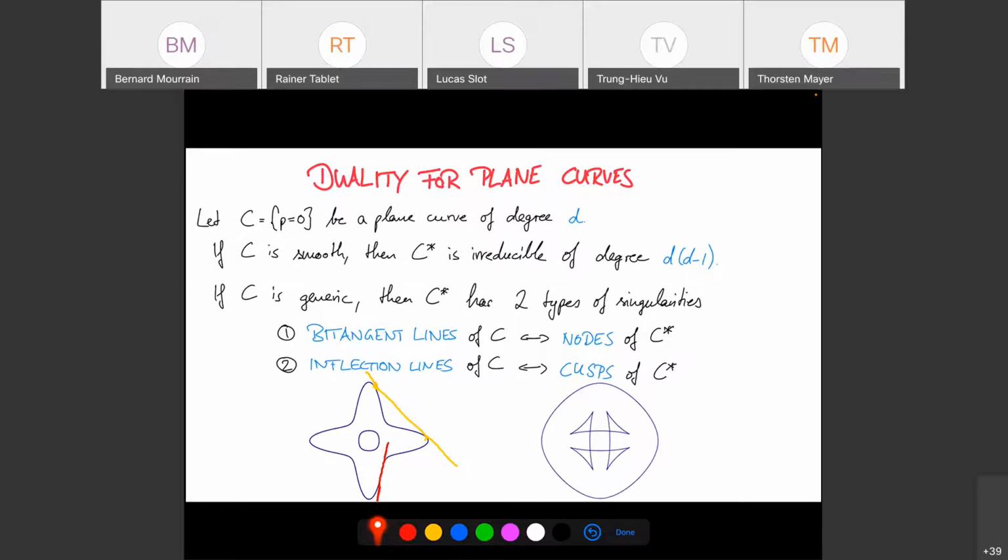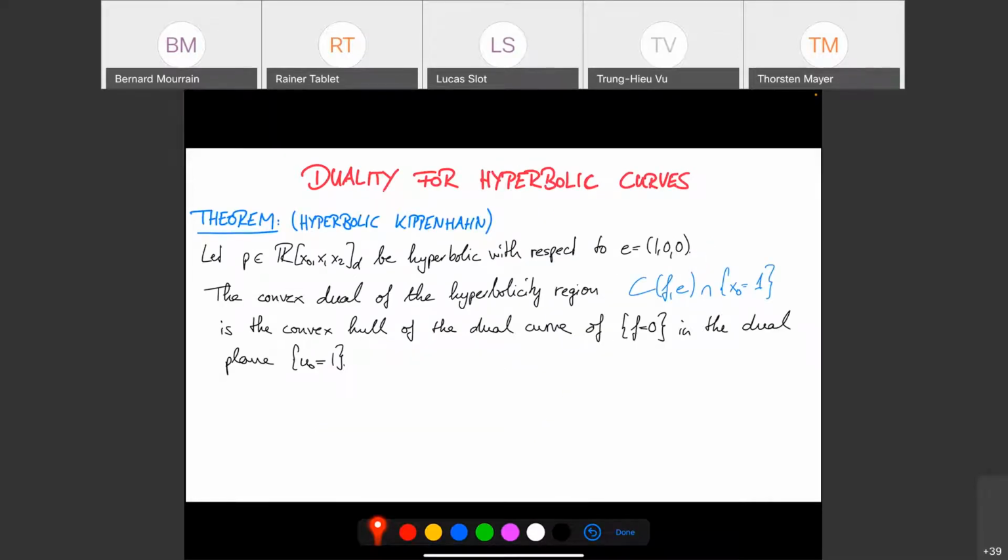So that's sort of classical plane geometry of curves. So what's the problem with Kippenhahn's theorem? Well, let's take it maybe first in the hyperbolic context, which of course is the same as before, as I already said, by the Helton-Vinnikov theorem that we know in this case. But in order to generalize, let's state it explicitly one more time.